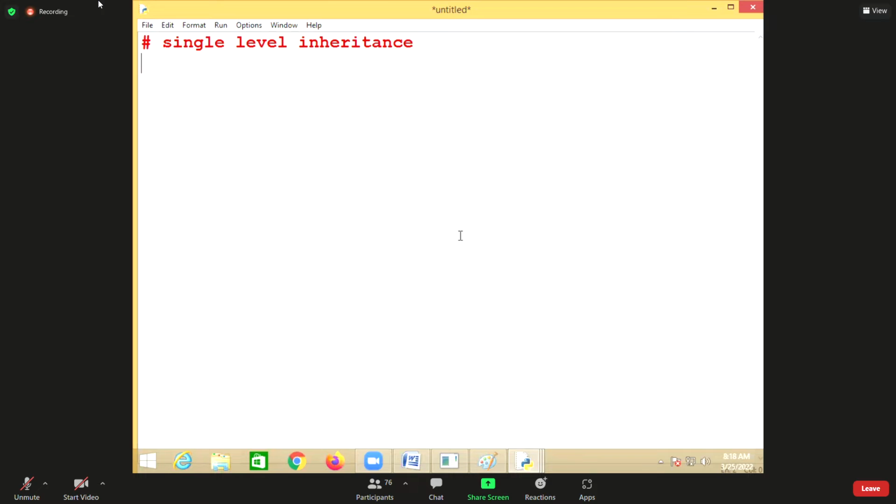So single level inheritance, for example. In single level inheritance, there is one base class and one derived class. So what will happen here is,